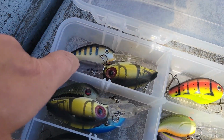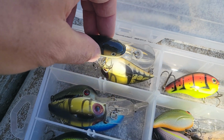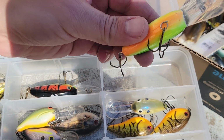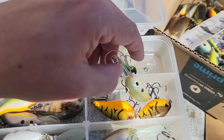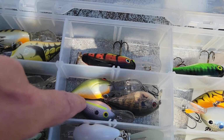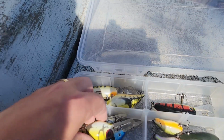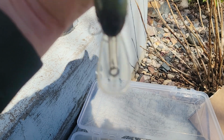Starting in the back, we got a Magwort. Maybe like a Series 4. Strike King. Another Strike King. These are mostly Strike Kings, I think. These look banded-ish. A couple more bandits here. Looks like the newer bandits. It's a Strike King Shallow 1.5, I think. Another of the newer Magworts, along with some